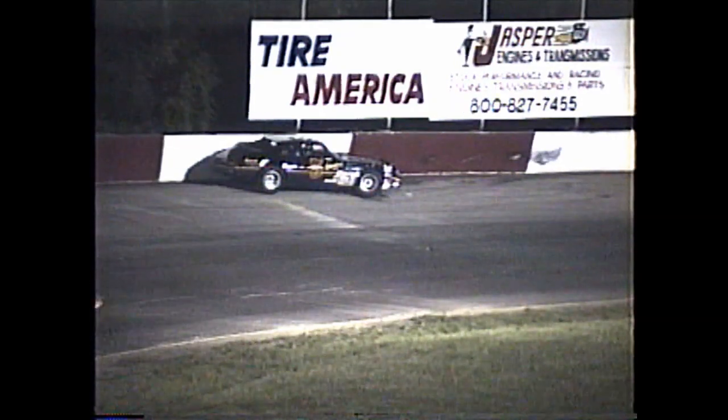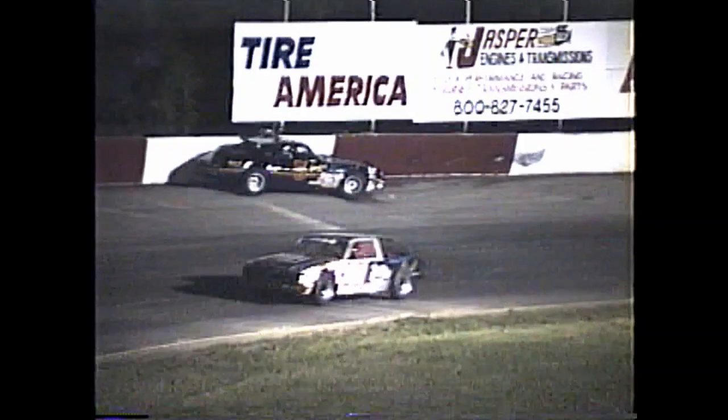Down the front stretch. And we got a fender bender in turn number 2. Everybody gets headed the right direction except Bill Hundley. Now he's back out on the track. Up in turn 4, we got Daryl Dexter against the wall over here at turn 4. Donald Parsons, I'm sorry. 4 laps to go. And wait a minute here. We need to get Greg Wendell to come up to speed a little bit quicker on the backstretch. So we're just explaining the